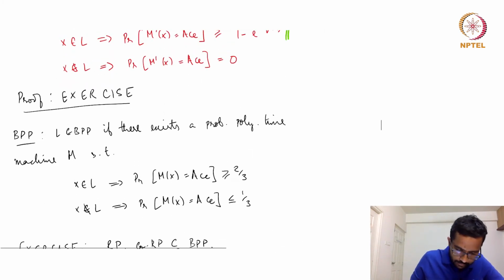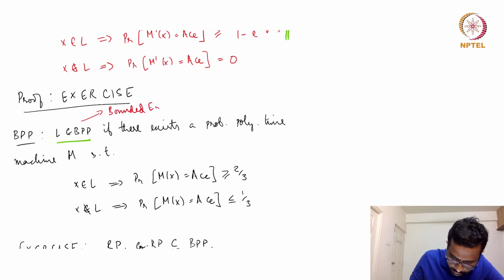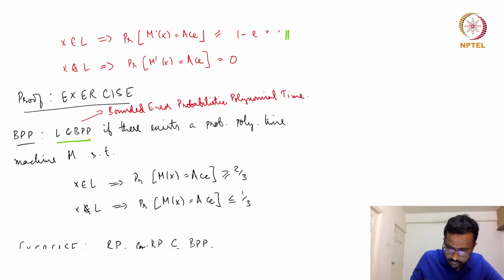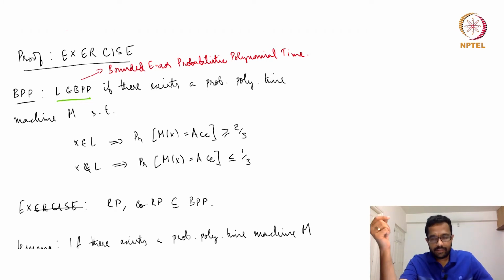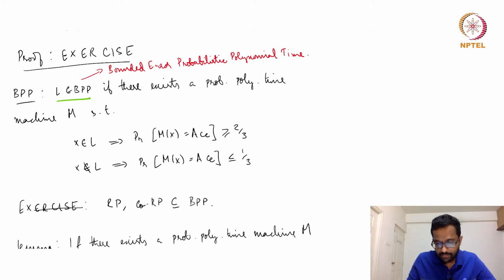which stands for bounded error probabilistic polynomial time. This is shortened as BPP. L is in BPP if there is a probabilistic polynomial time machine such that whenever x is in the language, it is accepted with probability 2/3, and whenever x is not in the language, it is accepted with probability